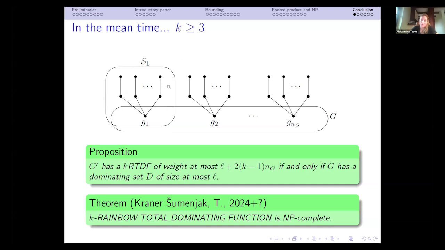Instead of this T graph, we just take these subdivided stars, and with this we were able to prove NP completeness also for larger K. So this is not published, yeah, but we know that it is so. Okay,